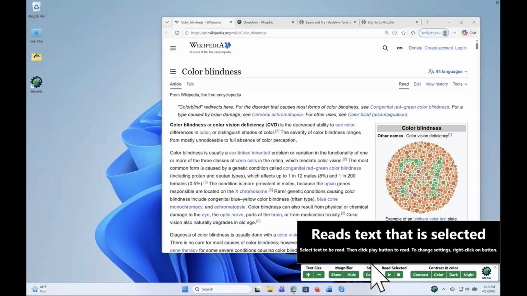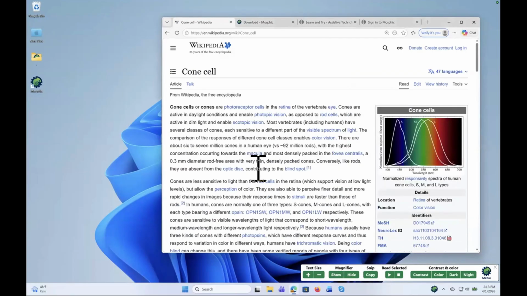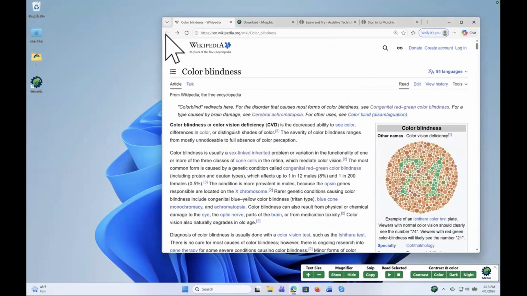The next one is read selected. Now, Microsoft in Word and OneNote, and oh, by the